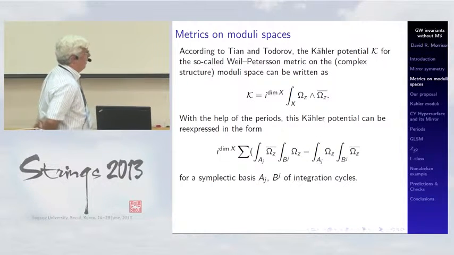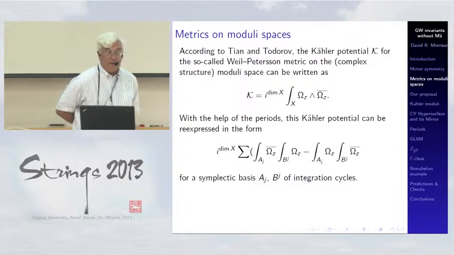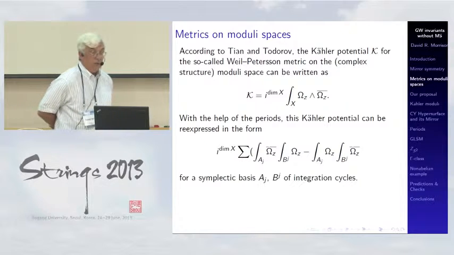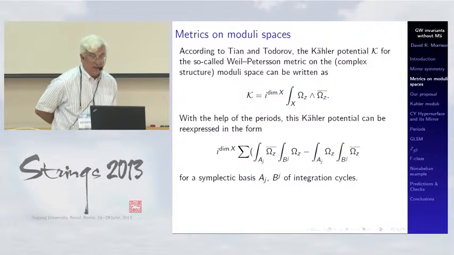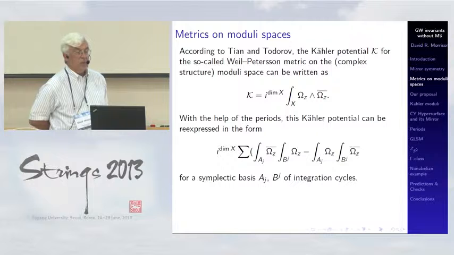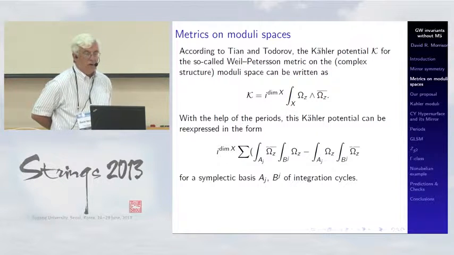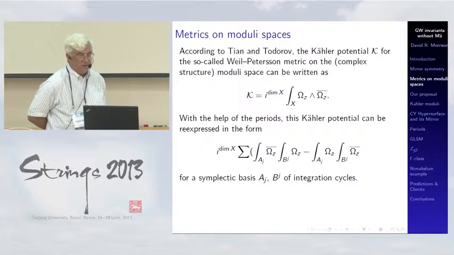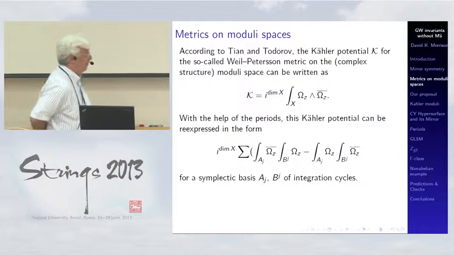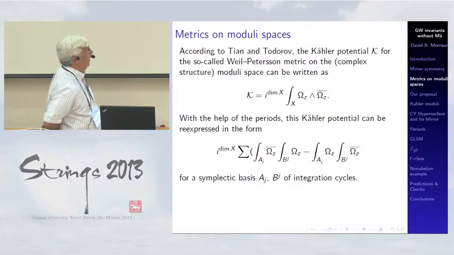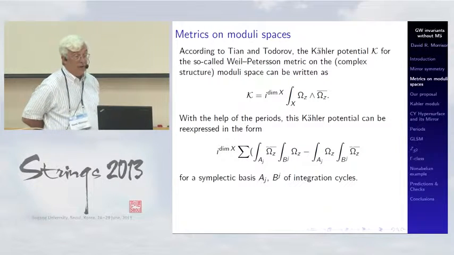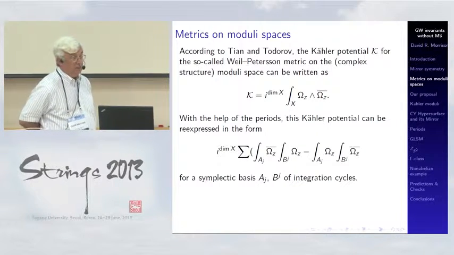Now, the topic of today is metrics on moduli spaces, and actually the metric on the complex structure moduli space was written down in the early days of the study of Calabi-Yau manifolds by Tian and Todorov, who were proving that all first order variations of complex structure really can be extended to all orders. And in order to do that, they wrote an explicit Kähler metric on the moduli space as a very simple form. All you have to do is take the unique holomorphic top degree form capital omega, which is depending on parameters little z,